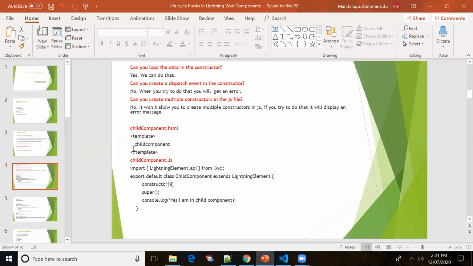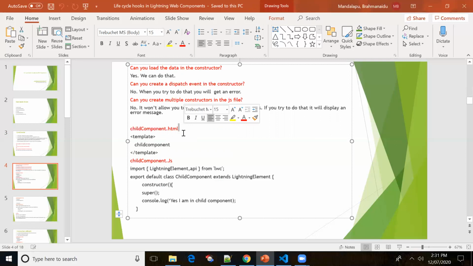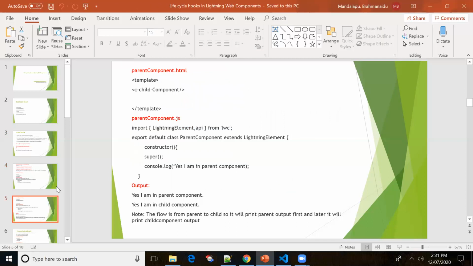This is a child component. In the child component I have written a constructor, and the first statement should be super. I'm trying to print output with console.log, and I have created a parent component as well. In the parent component we are including the child component.